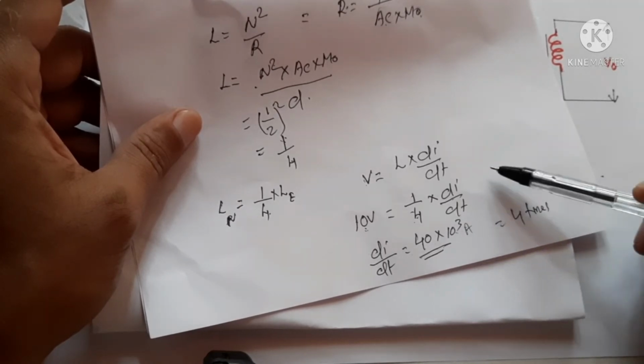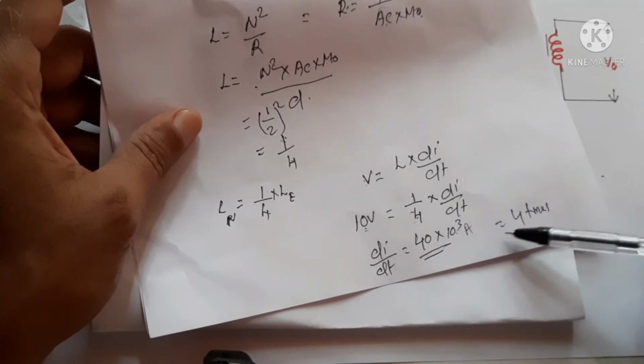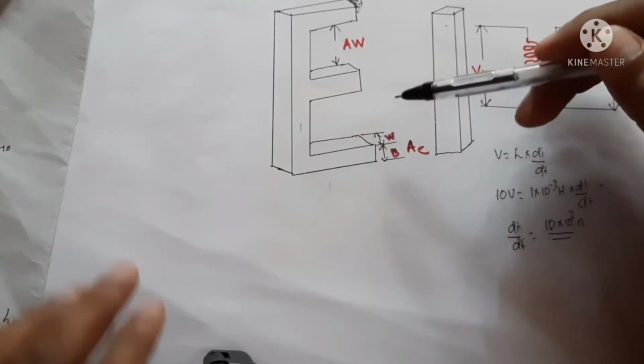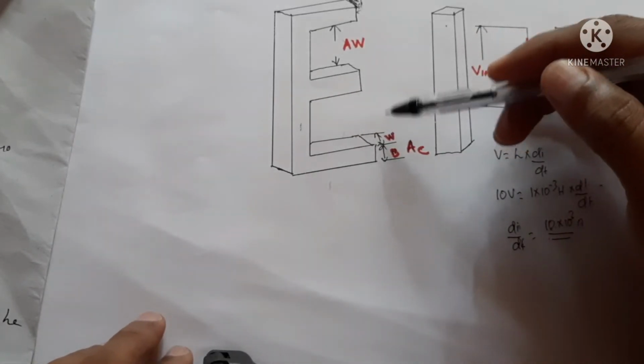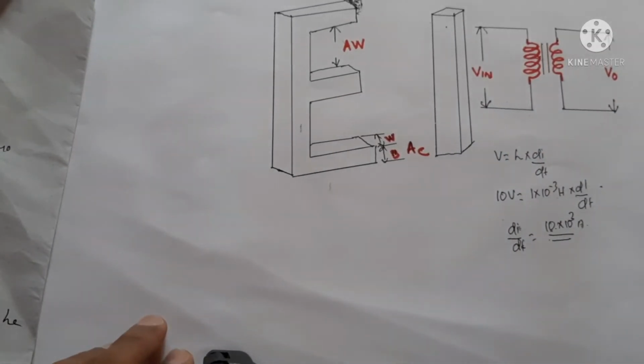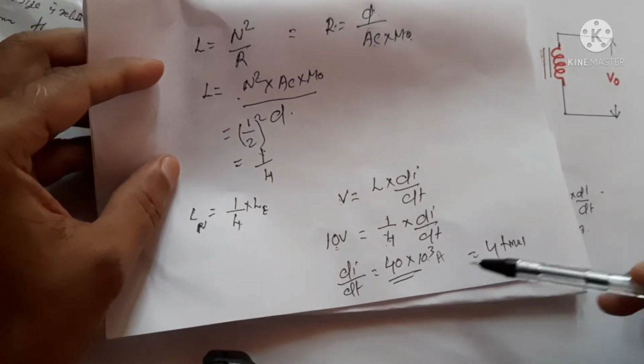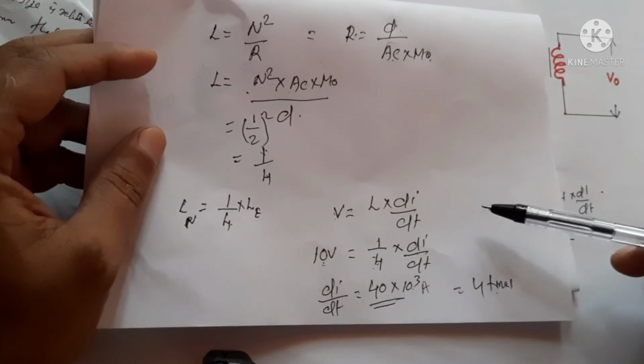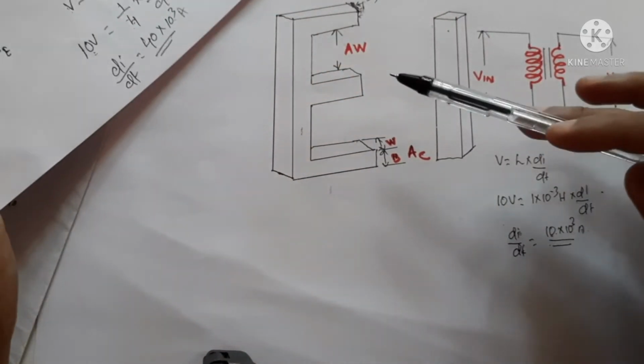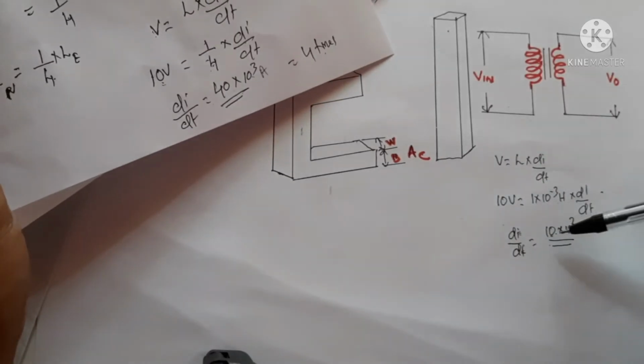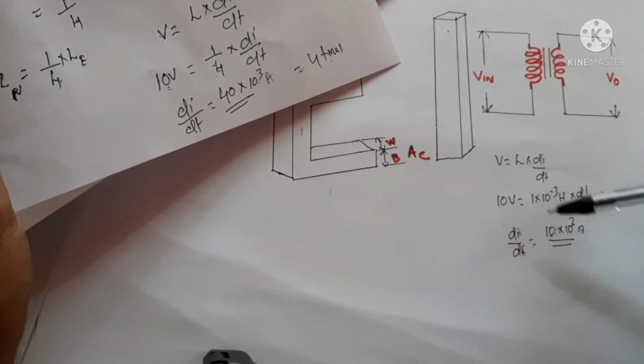So it is mostly related to voltage, not the current. Even if the current is increased 4 times, the area does not need to increase correspondingly. The change of current is increased to 4 times, but the change of flux is increased only to 2 times. So the area of the core is not directly connected to the current, but it is connected to the voltage.